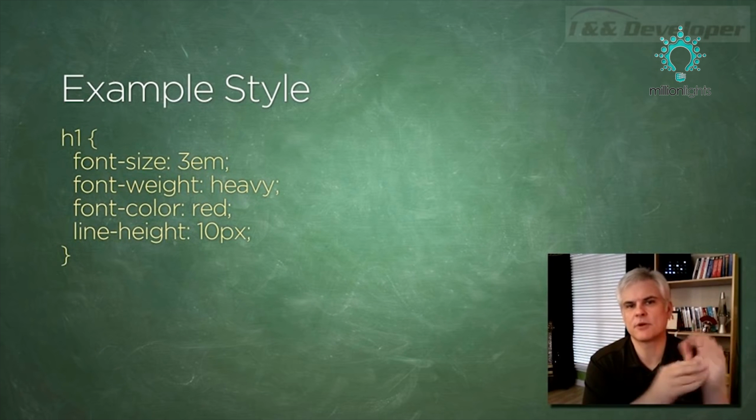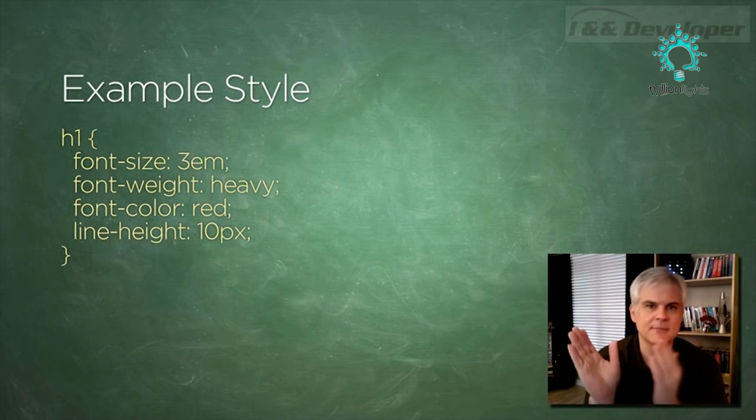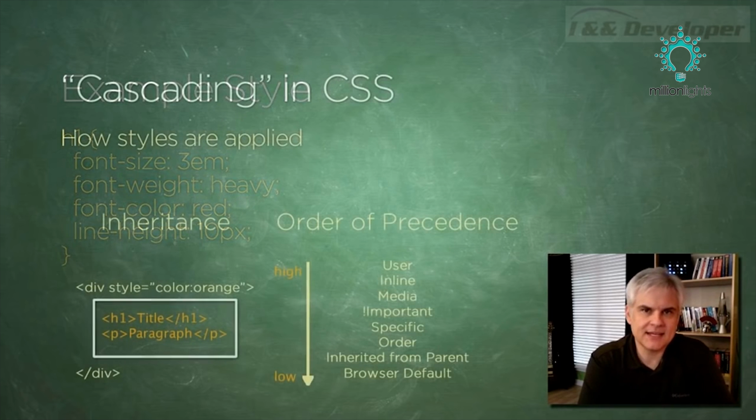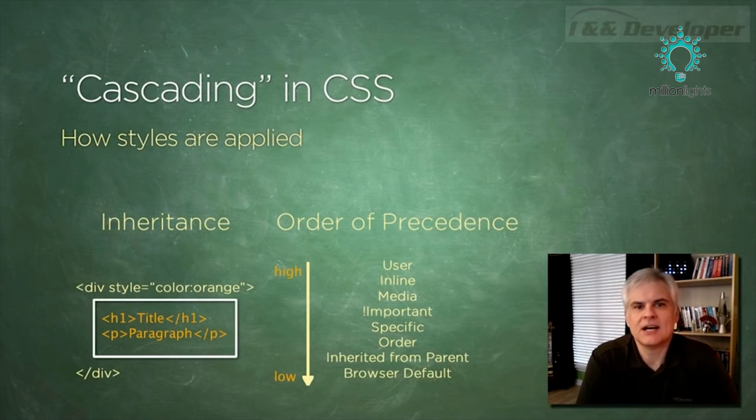And so the colon is the separator between the property name and the value you're setting it to. All right, so cascading style sheets. The word cascading describes the nature of how styles are applied. There could be many style sheets, or at least many styles that are applied that affect a given HTML5 element